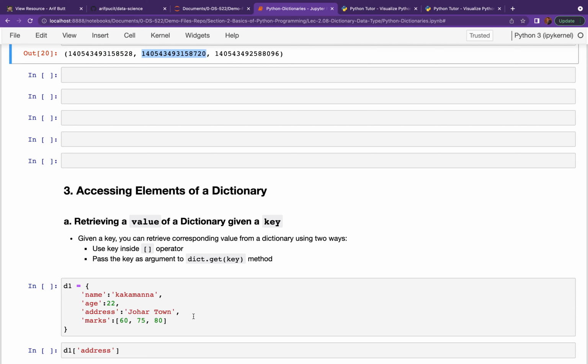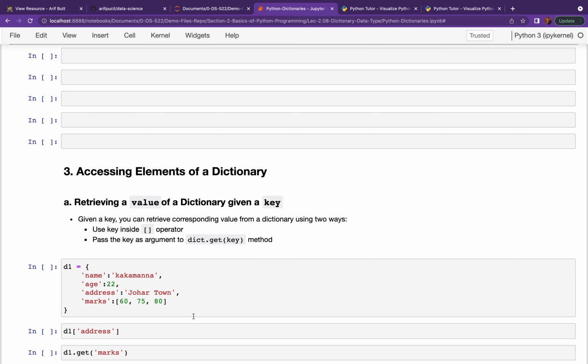Okay, next let's see how we can access different elements of our dictionary. First of all, how we can retrieve values of our dictionary. We can retrieve the values of our dictionary using two ways. One is using the subscript operator and pass it the key, and the other is using the get method of the dictionary.